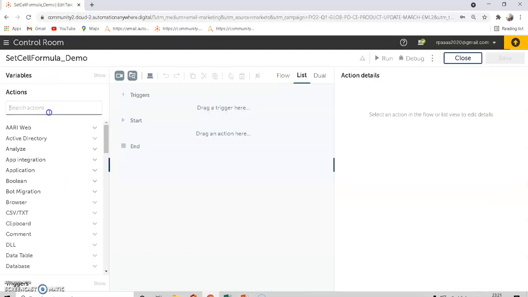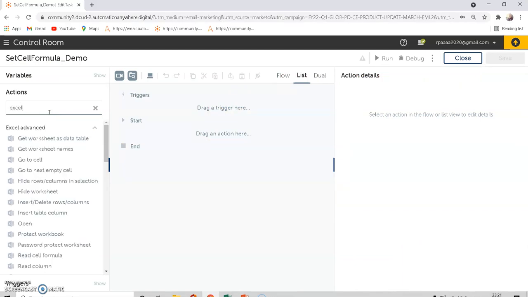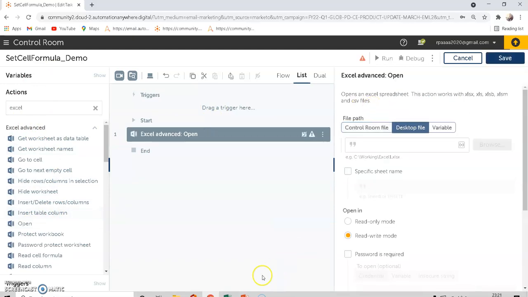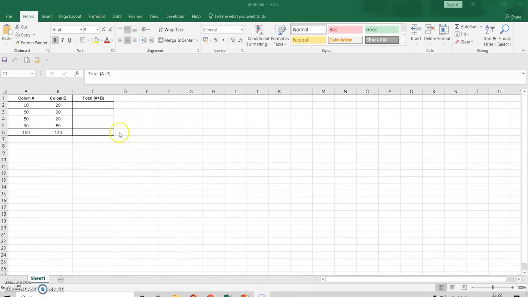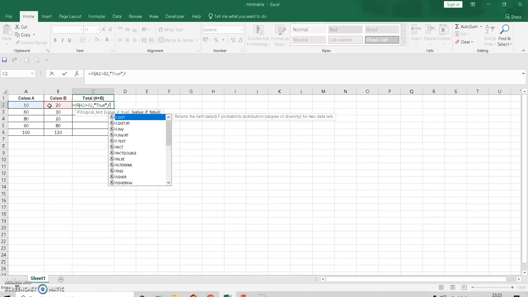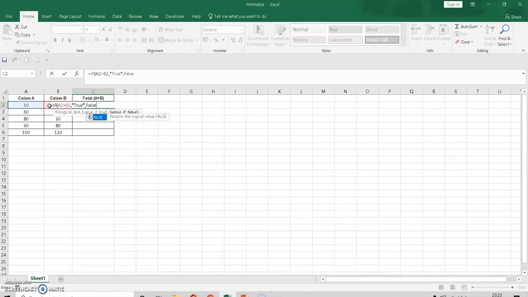So here the first step is Excel Advanced, Open. In the Excel Advanced package I have the Open option. Drag and drop that. Here is the desktop file. This is my Excel where I am going to set the cell formula. The cell formula will be: if A2 is greater than B2, then return true, else return false.